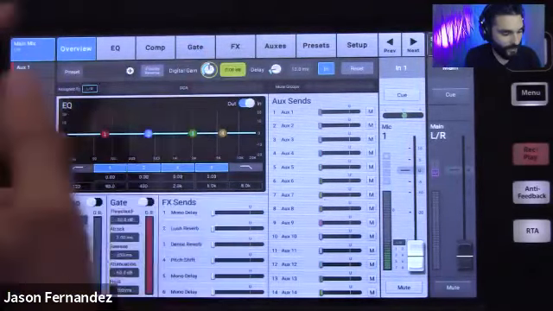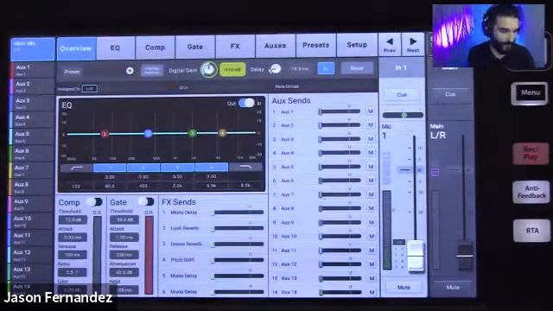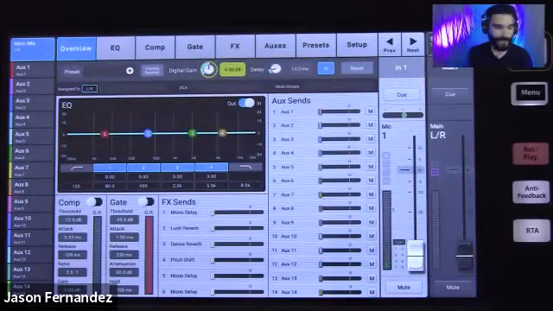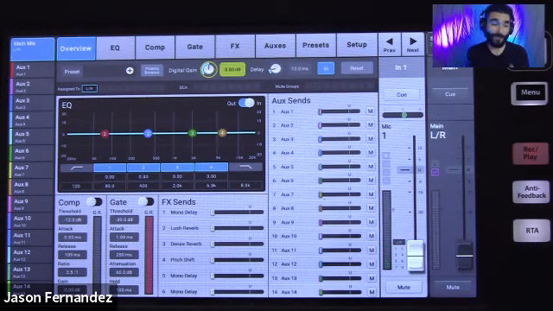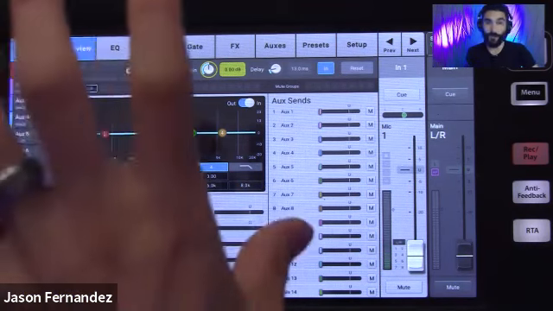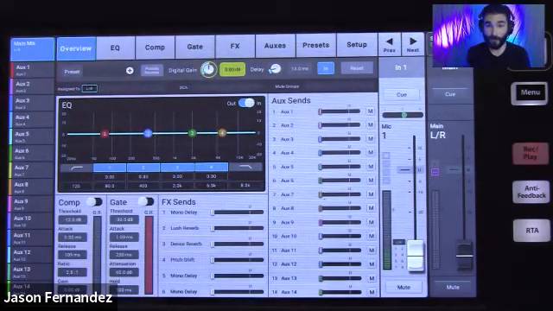And now we have our digital gain and our delay. So I'm going to pause here for a second and talk about the digital gain and the delay a little bit. So the preamps I mentioned are analog. I actually don't know if I mentioned that, but I'll mention it now. The preamps on the mixer are analog. And that means that they're not scene recallable.